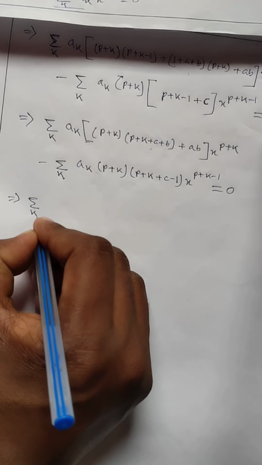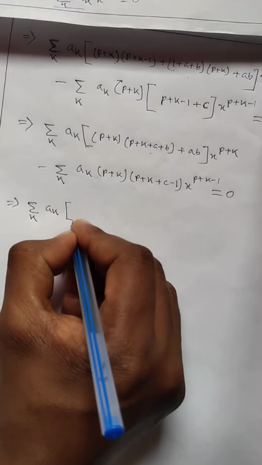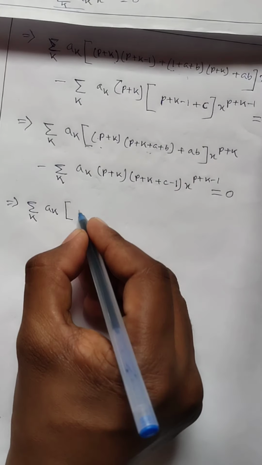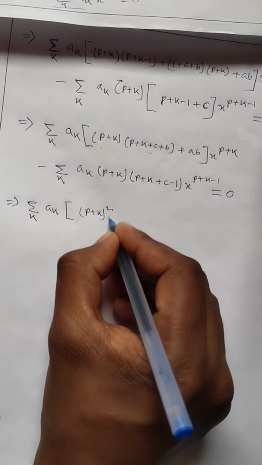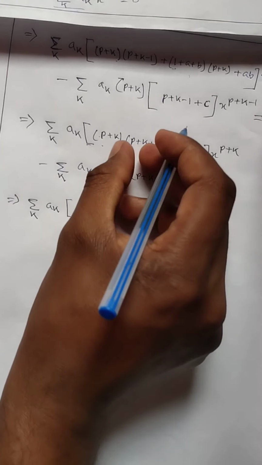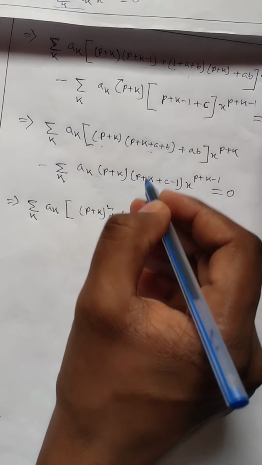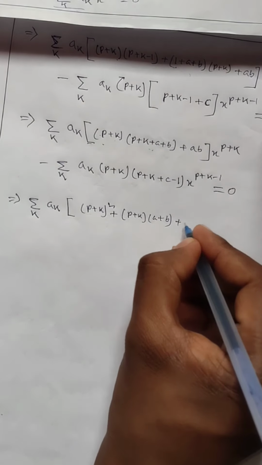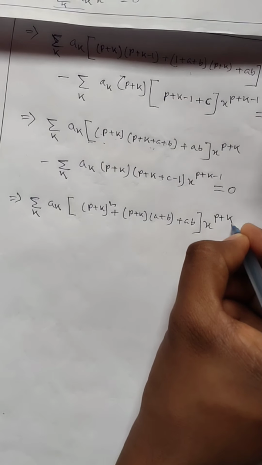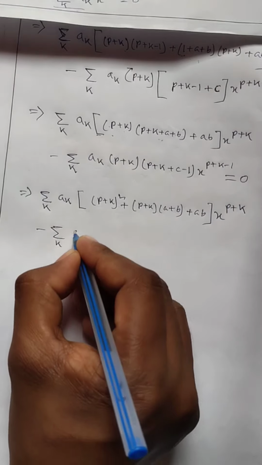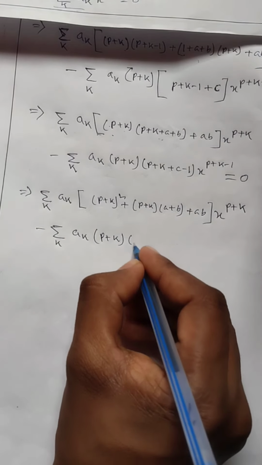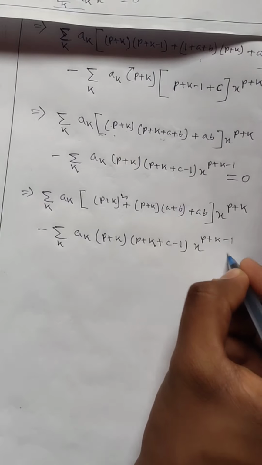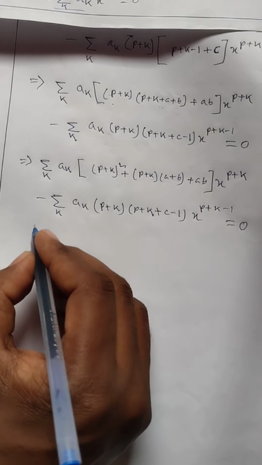Then k ak, from this term, if we multiply this with this and with this, then we get (p plus k) the whole square plus (p plus k) into (a plus b) plus ab, okay, x to the power p plus k, and minus k ak (p plus k)(p plus k plus c minus 1) x to the power p plus k minus 1 is equal to 0. Therefore, we can write